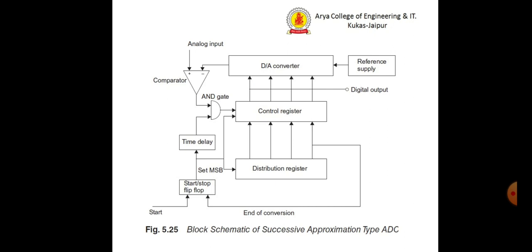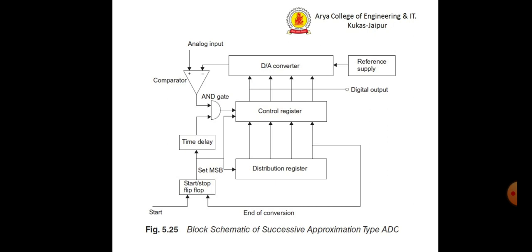By the time the converter and the comparator have settled, a delayed pulse is gated with the comparator output. When the next MSB is generated in the control register by the action of the timing cycle, a digital output is generated corresponding to the reference analog voltage. Based on the result of the comparison, the digital quantity is changed and comparison is made, and the cycle is repeated till equivalence is reached.